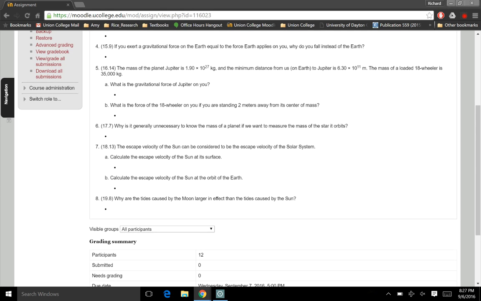So if we're looking at an exoplanet, a planet orbiting a star other than our sun, that's what exoplanet means. What the scientists try to do is determine how far from the star the planet is and what its period of orbit is. And with those two numbers, they can determine the mass of the star that is going around. And so that's actually how you determine the masses of stars, by finding things orbiting them.